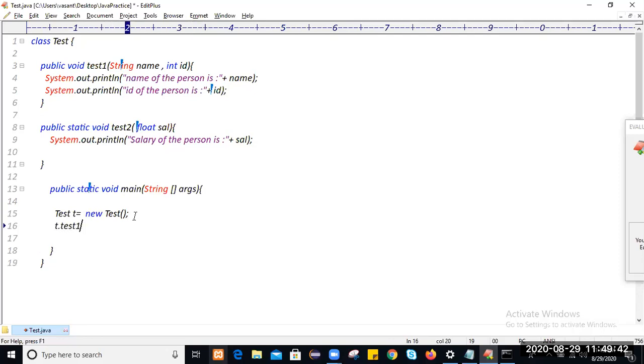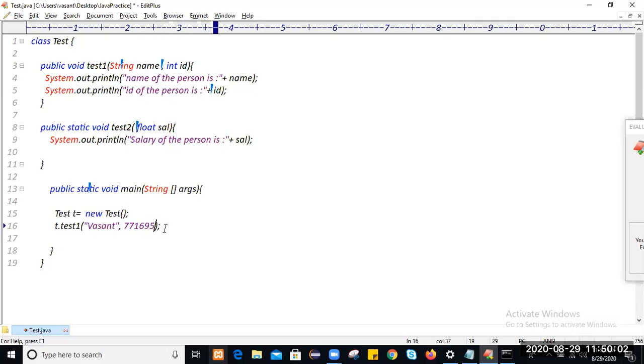If you call the test1 method, how many arguments do you have to initialize during method calling? Two arguments. One is name. Let's suppose when you call this method, the name of the person you are initializing is Vasan, and the ID of the person you are initializing, like this.